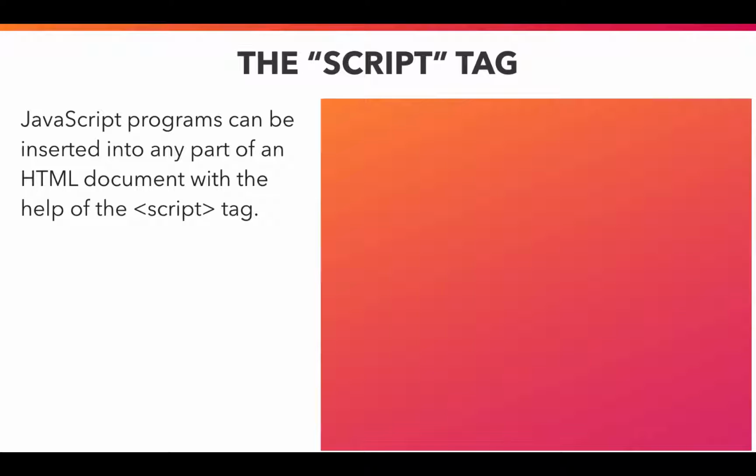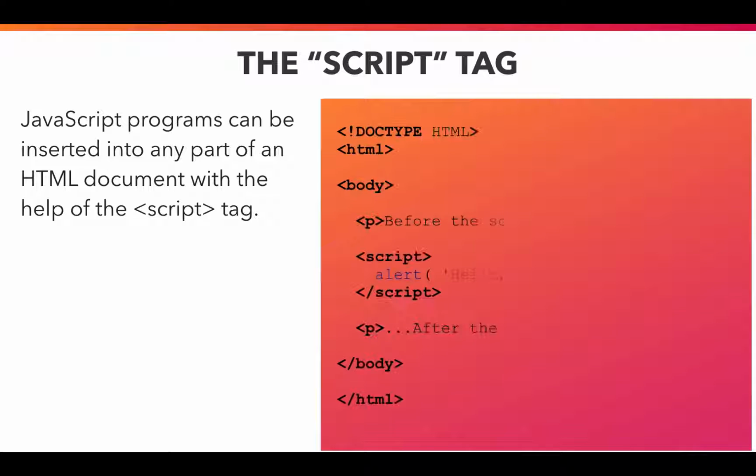So to add JavaScript into our HTML page, it's very similar to adding a style sheet or CSS. We just put a script tag, like so. And where do you think we typically want to be putting our script tags in regards to the page? At the top, like our CSS? At the bottom. Why? Because if the script takes time to load, then the page won't show until the script